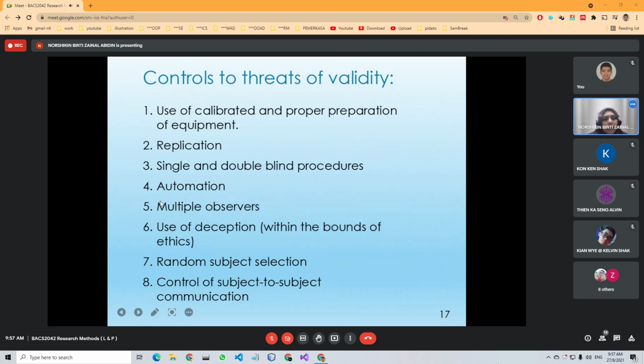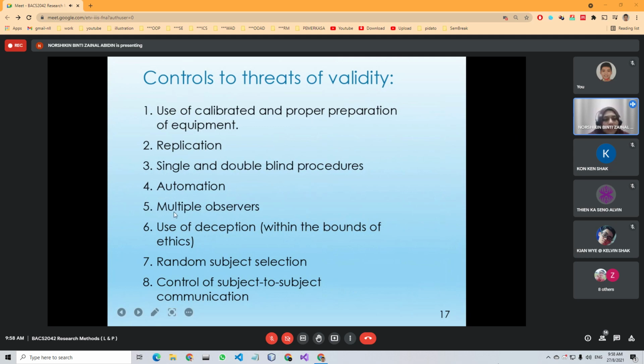To avoid bias. Automation is anything that we already set to do. Automation means it's not done manually. Automation usually sets something to do the same thing over different things. For example, the same method over different subjects. Okay. And then next is